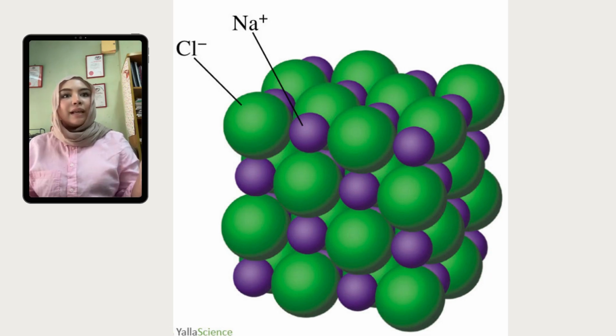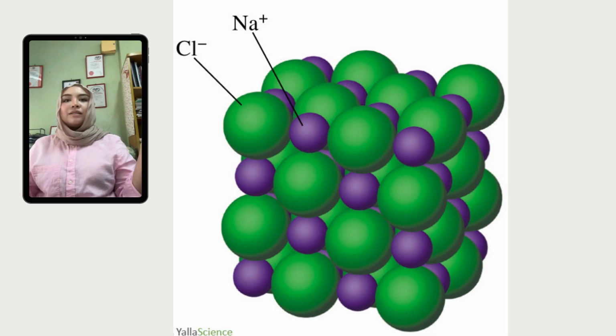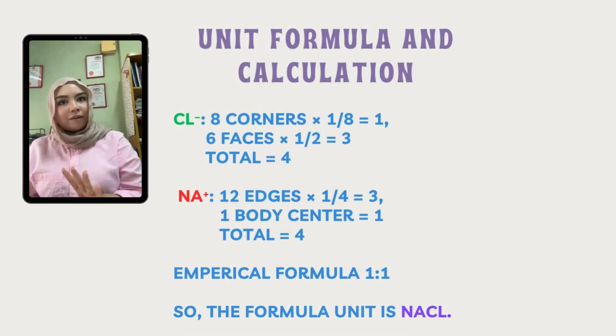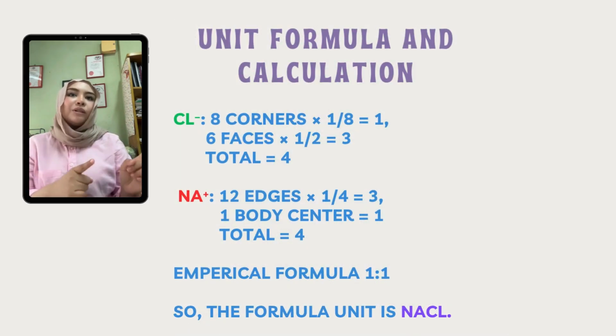So, we have 4 Cl- ions in total. For Na+, there are 12 ions at the edge centers, each shared among 4 cells, giving a contribution of 3. Additionally, the Na+ ion at the body center is not shared and counts as one whole ion. So, we have 4 Na+ ions in total. This results in a unit cell with 4 Na+ and 4 Cl- ions, conforming to the 1:1 ratio of the empirical formula,